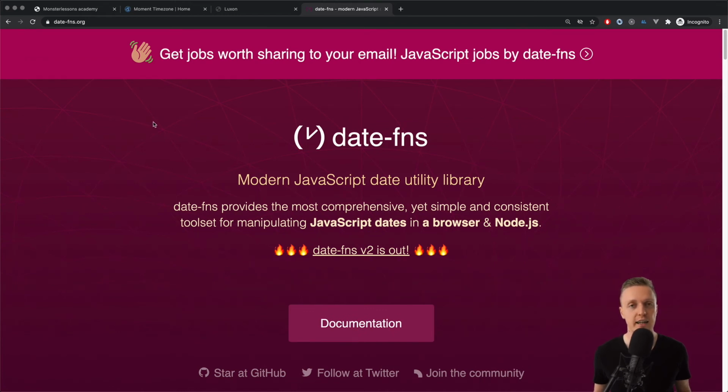And actually I can't really compare these two libraries because they are super similar. The idea is that everything is tree shakeable. You can just take a single function. There are lots of functions to work with dates. Both these libraries work with